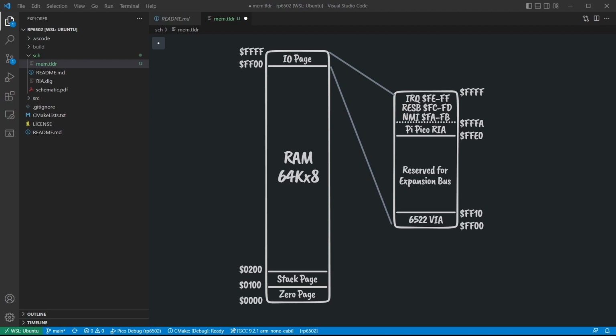You can put your program anywhere. I'm not going to use ZeroPage or the stack today, so I could install the program at 0. But it's easier if you don't fight the expectations of the 6502. We'll install our program at 200 hex. The other thing to notice is the I/O space at FF00. This is where I put all the devices that are not RAM, including the PiPico.